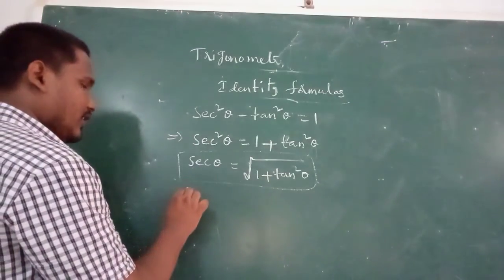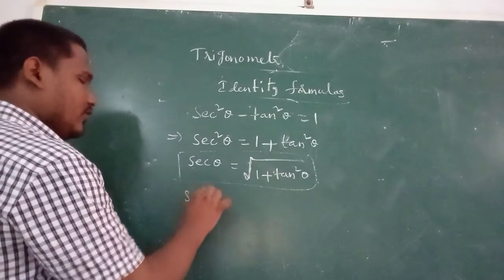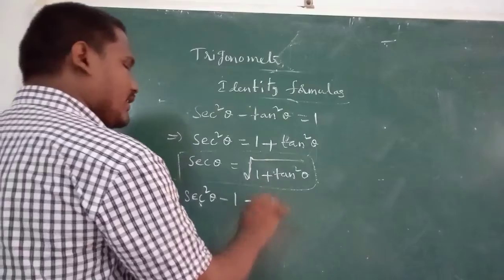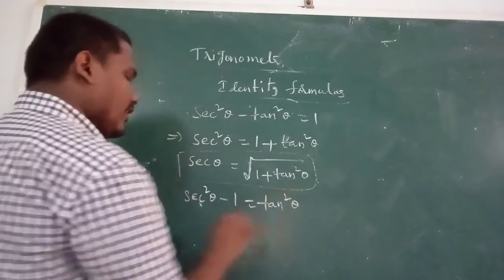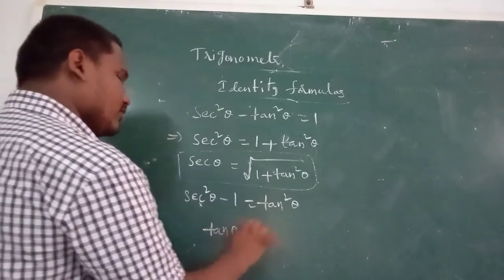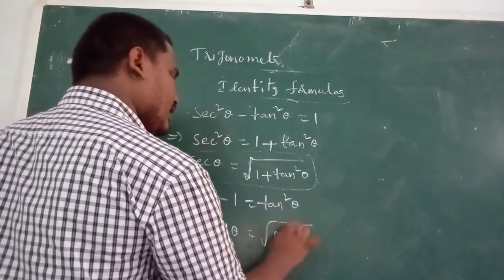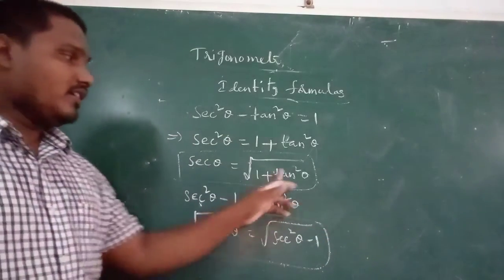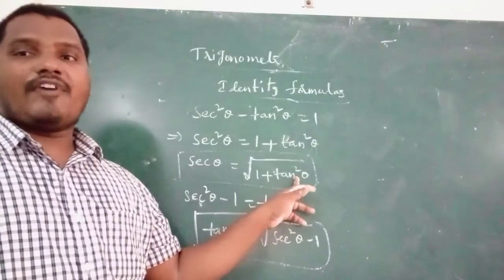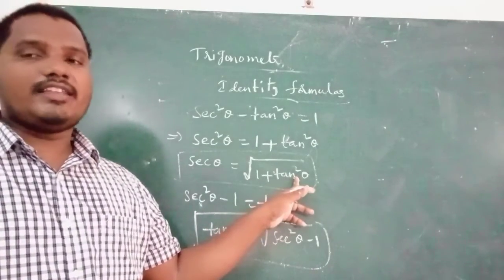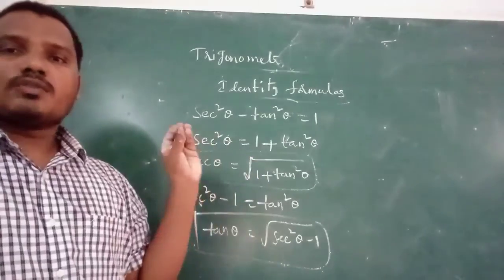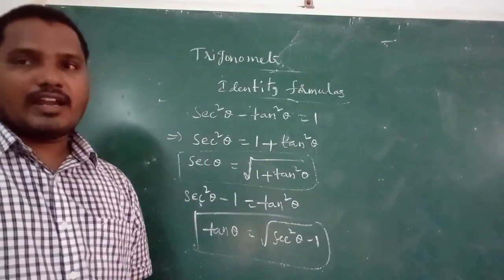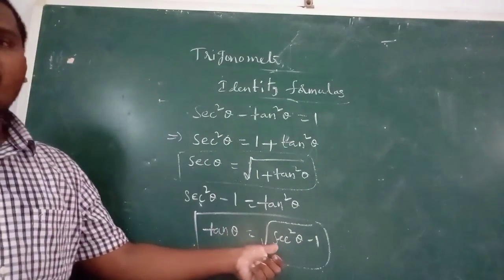Then if you want the tan square theta value, secant square theta minus 1 is equal to tan square theta. Tan theta is equal to square root of secant square theta minus 1. If tan theta is given, then the formula for finding secant theta is square root of 1 plus tan square theta. Then if we are given